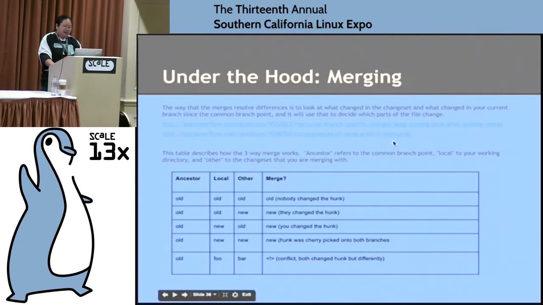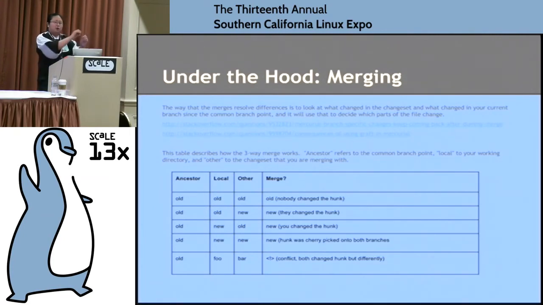This is something that I found out recently that cleared up a lot of things for me about how Mercurial does its merging. And this is a simple table that explains how it can automate the merging. It's something that I probably won't get into a lot of detail on right now, but I have a couple of links there, and I have this simple table, and I would welcome you to read it in the future, and maybe it'll clarify in your mind how the automated merging works.